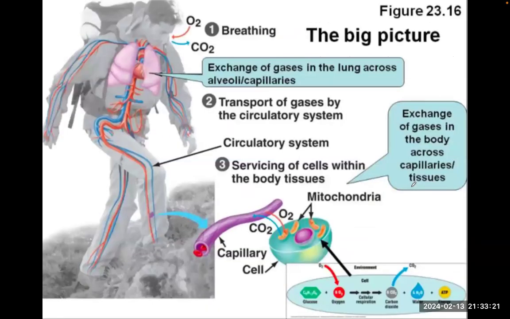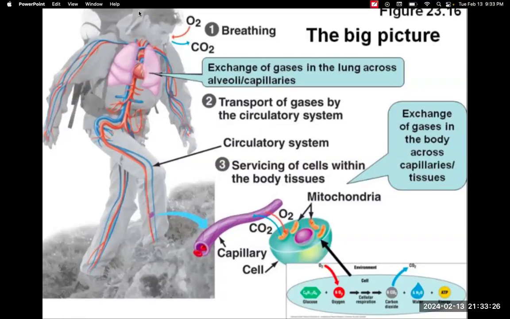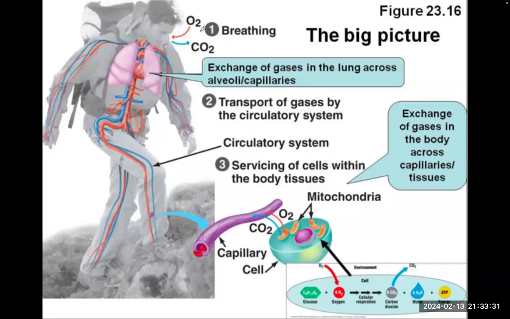Now, let's look at the big picture. How do we generate this ATP? Well, that's why we breathe. We breathe in oxygen, and what are we pushing out? Carbon dioxide. Where is this carbon dioxide coming from? Well, we'll see in a second. But we need oxygen. The oxygen comes in. It's going to transport those gases through the circulatory system, and it's going to try and bring in that oxygen into the cell,